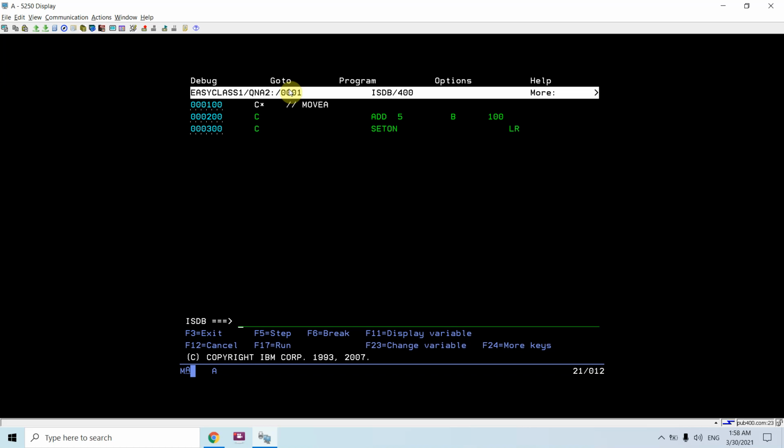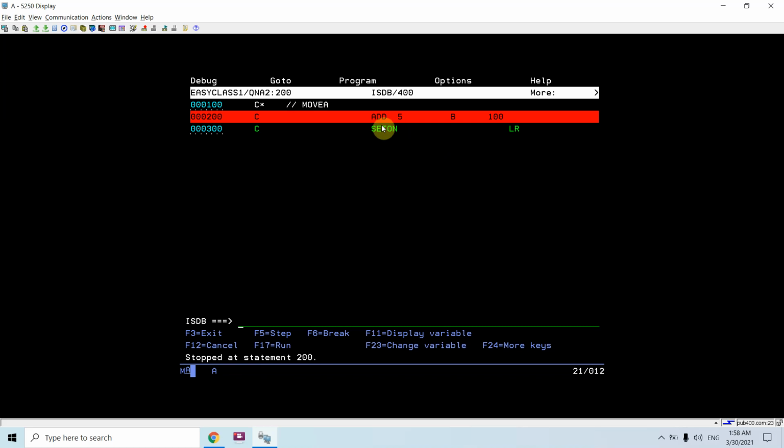If I want to debug this with the STRDBG command, I need to compile the program with the source debug or list debug options. Now you can see I cannot use F10 here, because we usually use F10 for the next step in STRDBG. Here I can use F6 to put a breakpoint and F5 to step. I'm taking F5, and because I mentioned invoke program, I am able to call the program directly from this command.